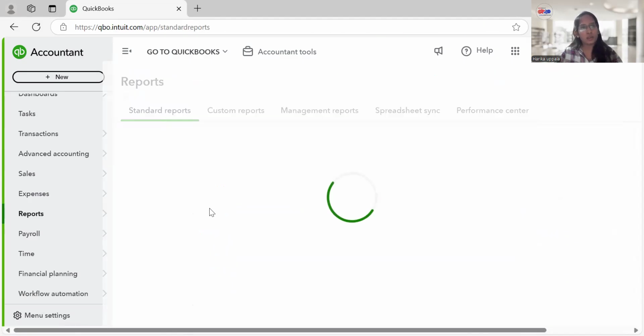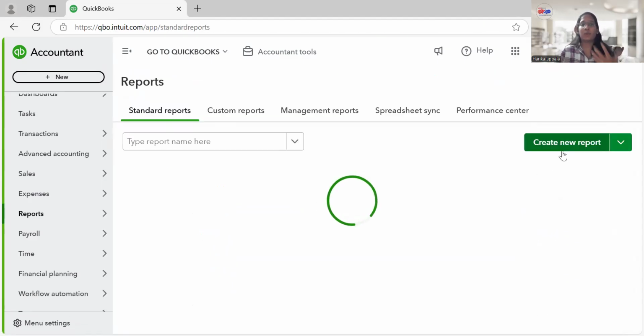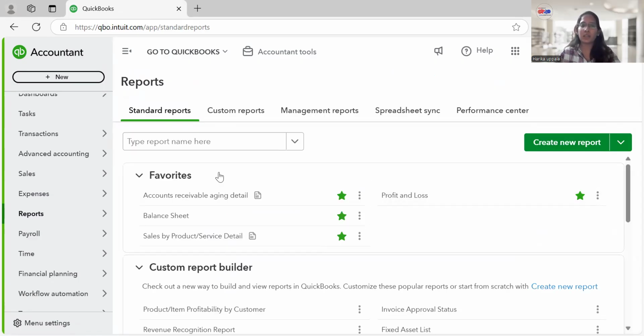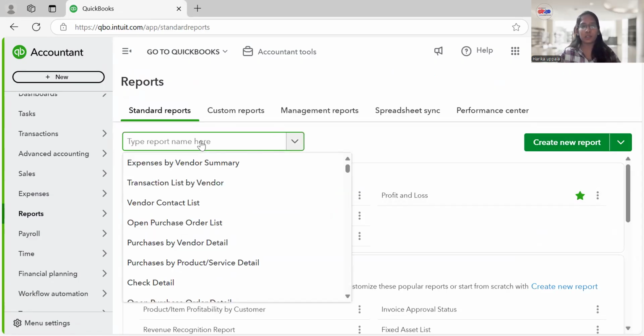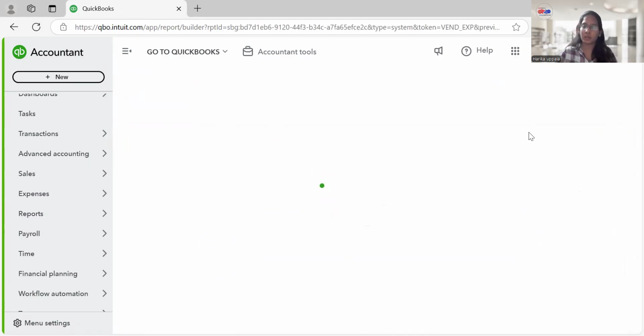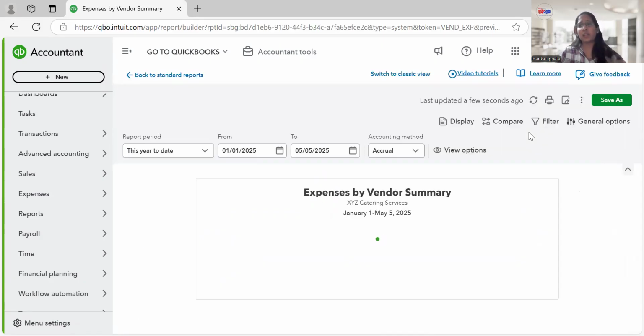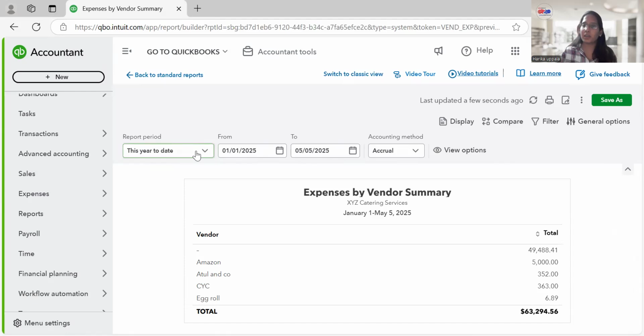Now let's go back to the reports again. The next report that we are going to see is the expenses by vendor summary report. All we have to do is type in the search box, and you see expenses by vendor summary report. Click on it. What do we know from this report? The report period here is showing this year to date, so we are good with the period.